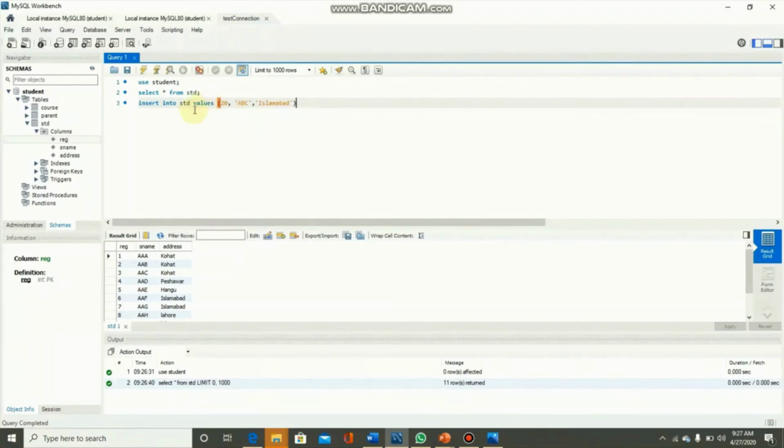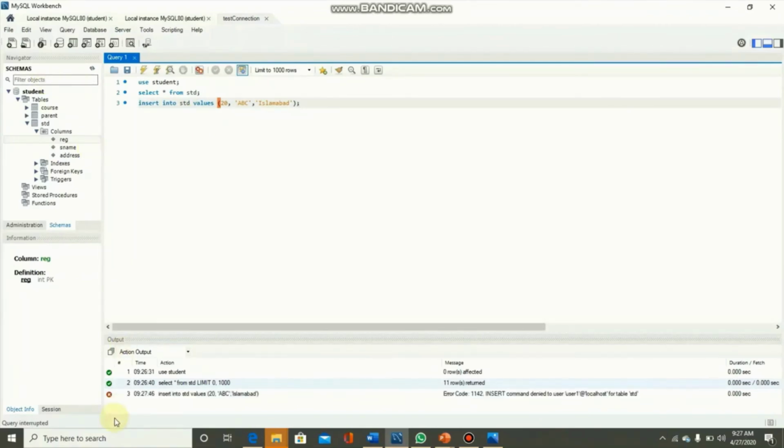Let's check whether this query is working or not under user 1 on student. Control enter. It's not working. We got an error and it says insert command denied to user1@localhost for table std. So it means that user1 has been given the select privilege only. Insert privilege is not available for user1.